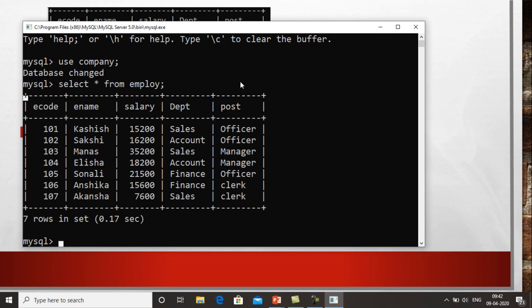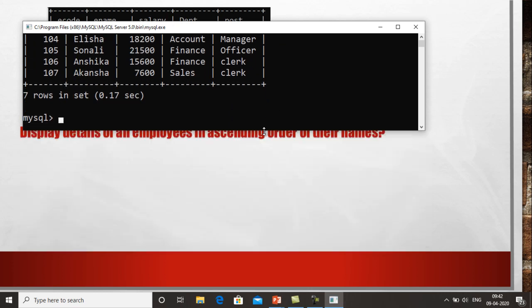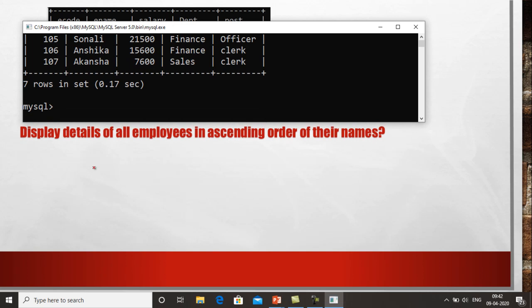Now what I have to do is perform all these queries. The first question is: display details of all employees in ascending order of their names. Over here it is written display, so I will use select, and the field name is not given, it is written details, so it means I have to show all the details.